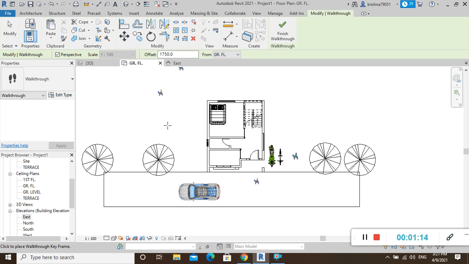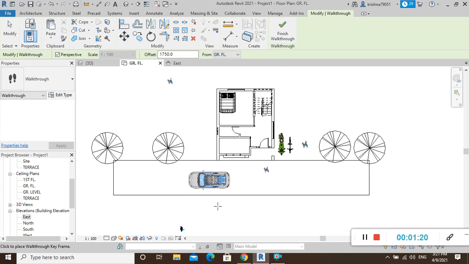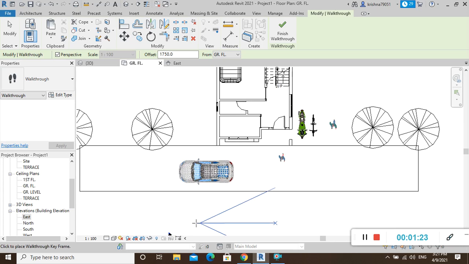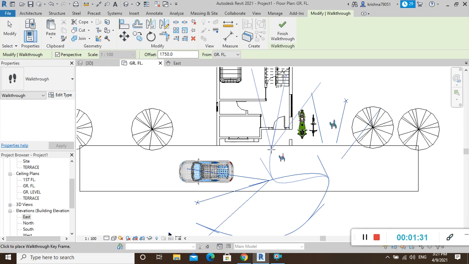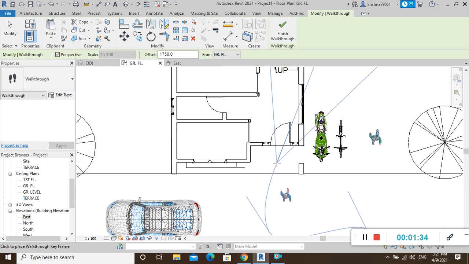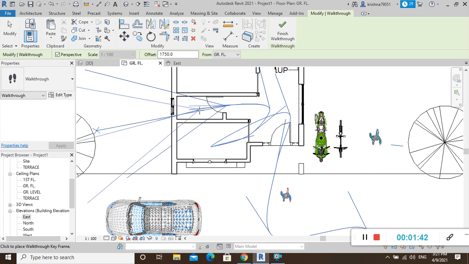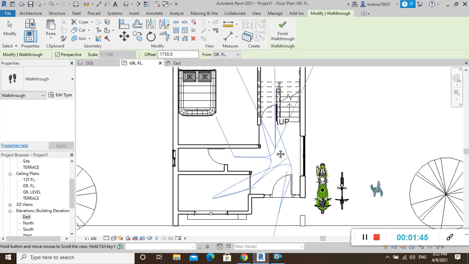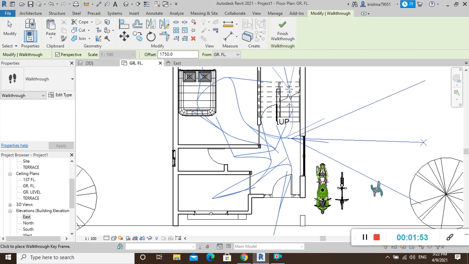You can see the cursor icon has changed, and after that, wherever you want to start from, you can click there. So I will start from here. If you click like this, you can see what type of path is being made. In the same way I am clicking, and I have entered the room, and it's my kitchen, and after that you can click, it's a bath and also these things, and here's the bedroom. If you click, you are making the path like this.